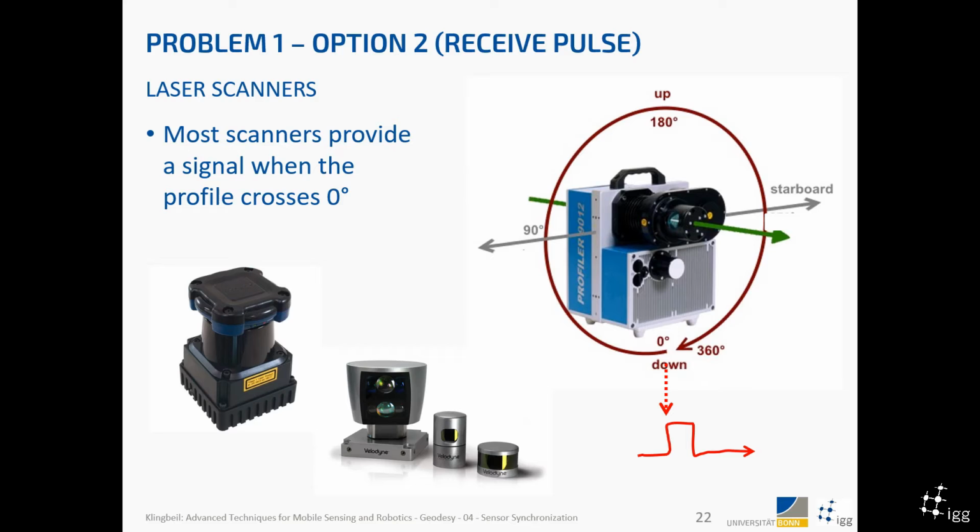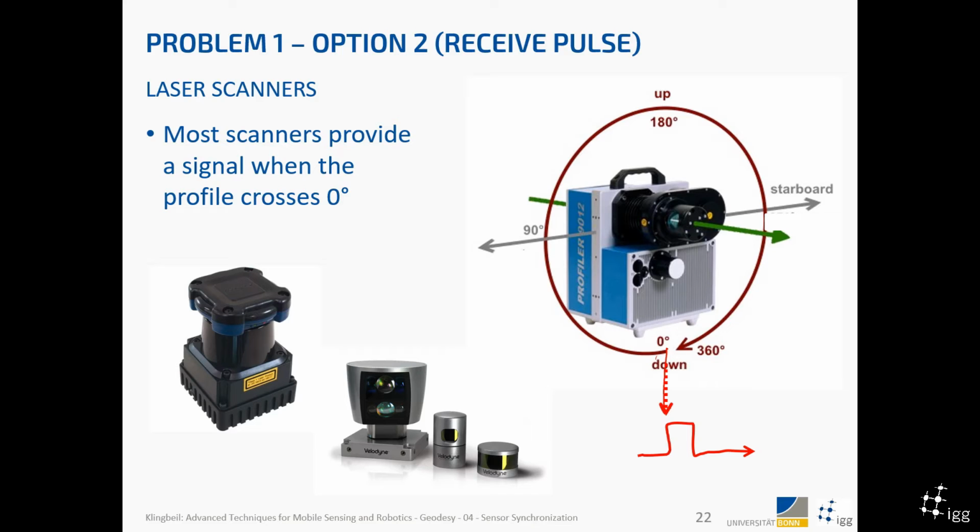Laser scanners: we still, in option 2, receive a pulse when the measurement happens, right? Most laser scanners actually provide a signal when the profile crosses 0 degrees. So this is the example here of the profile laser scanner that we use in our mobile mapping system, and also this Hokuyo scanner, which is well known in robotics, and the Velodyne scanners. They provide you some signal when the scanner is measuring around, right? So it does like 100 or 200 times per second. It does a full circle, and every time it goes through 0, it creates a pulse, and this pulse then can be used by some